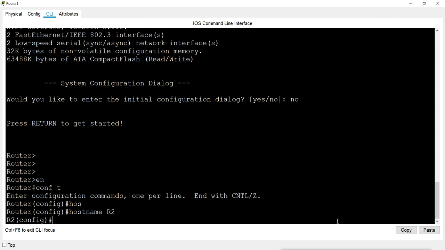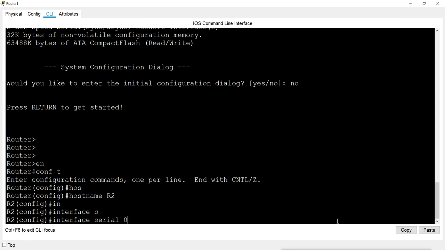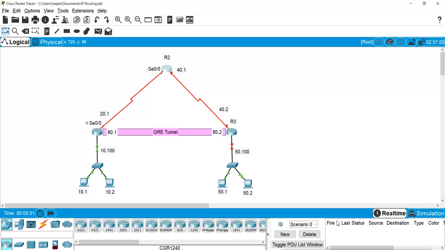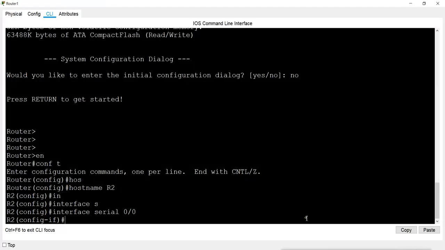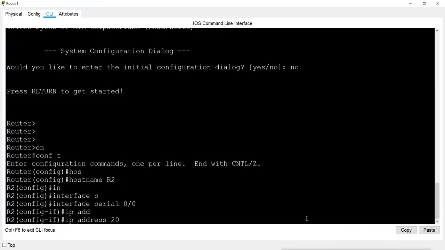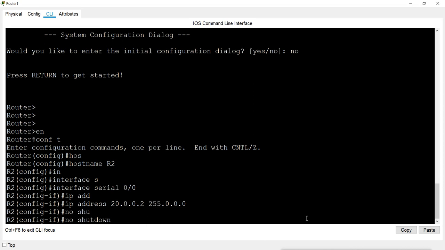This is router 2. Interface serial 0/0 is having IP address 20.0.0.2.